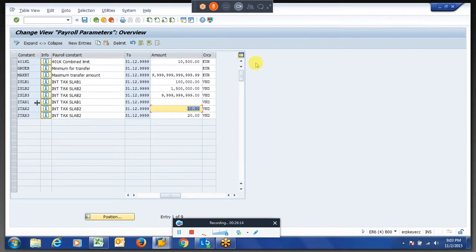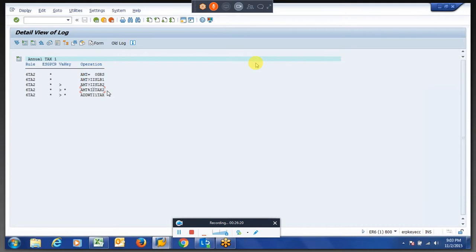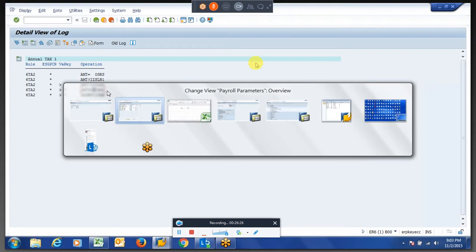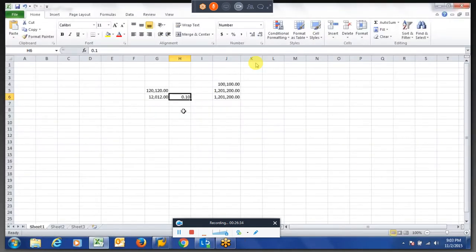The same 10%, it should be percentage here. Strange. What's the amount, how much is it coming over here?